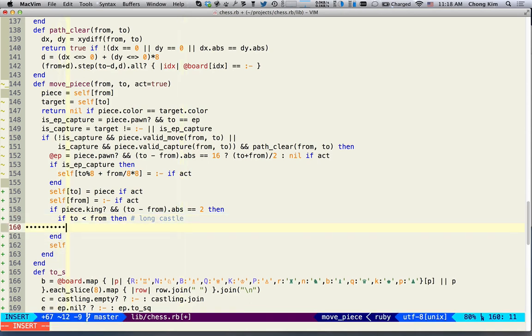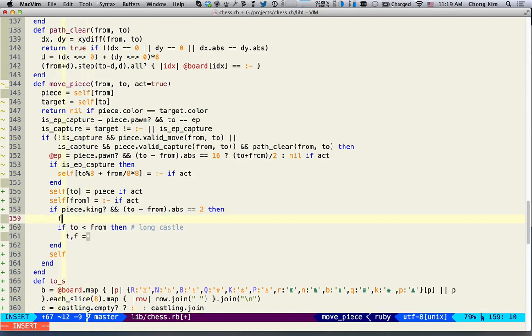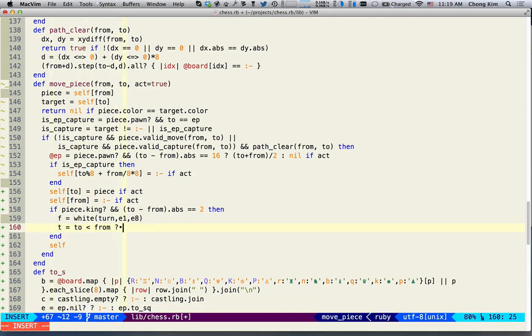So in the long castle, we want to and from to be, well, the from is actually going to be the same. So from is going to be, if it's white, based on the turn, E1 or E8. So that's true. It's just the to that we need to figure out. So if it's a long castle, oh, then we can just do it here. to is equal to, okay, so from a long castle, it's going to be turn,